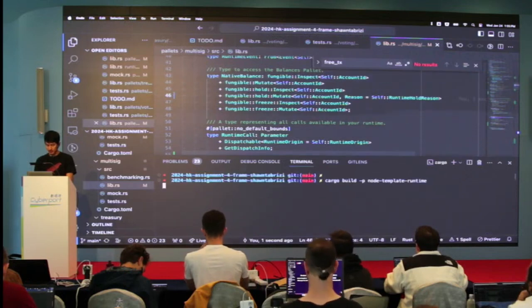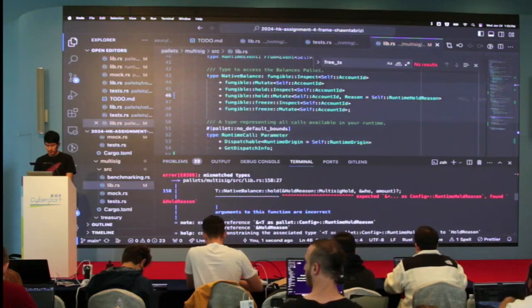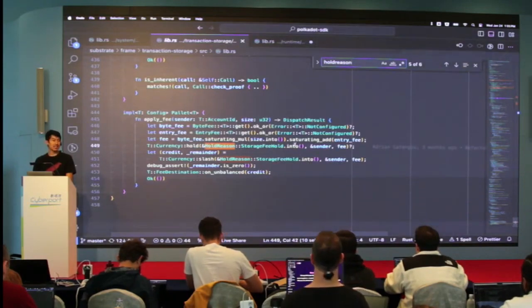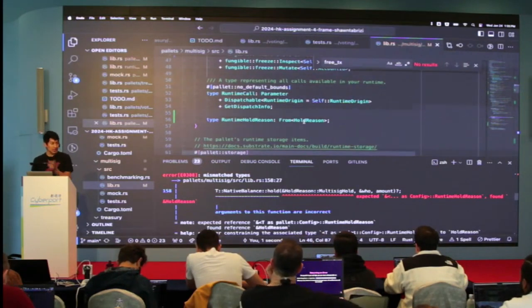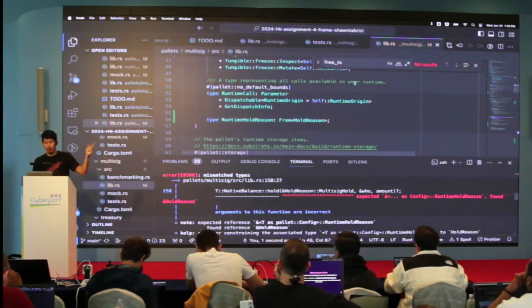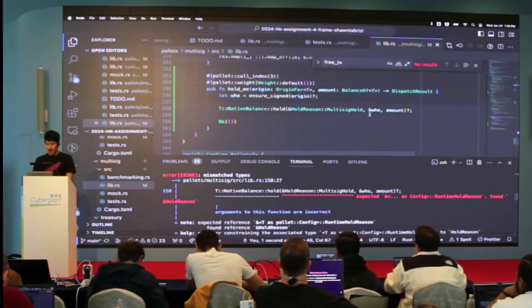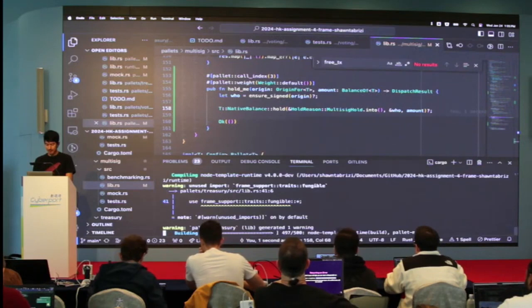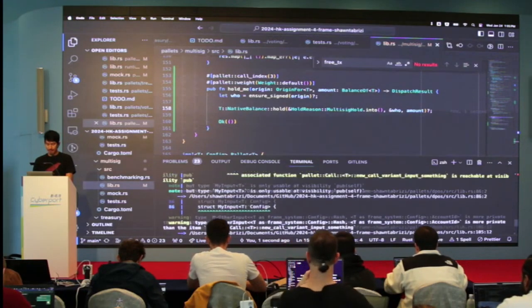Let's see what happens. And let's make sure I did everything right. Hold reason, into. The last thing I'm missing is into. So I put it directly, but you see, I made the requirement that my hold reason goes into runtime hold reason. And I expect that the runtime hold reason is the one that's used here. So in this last context here, I put dot into. And then I think this is all. I think this is okay.